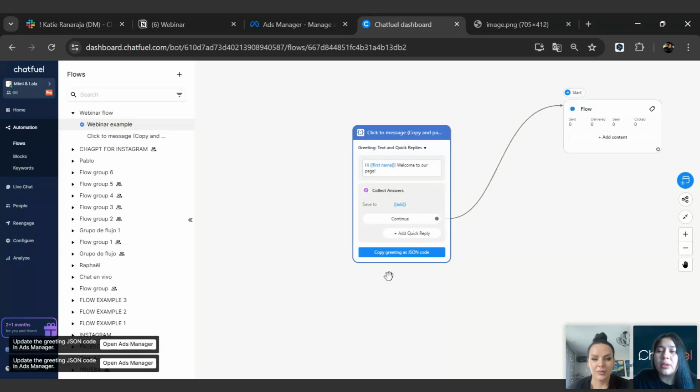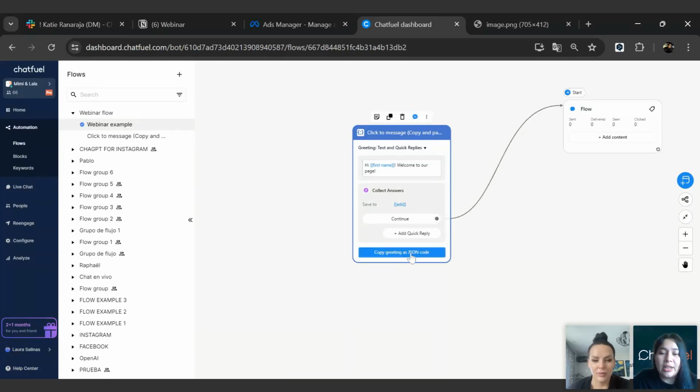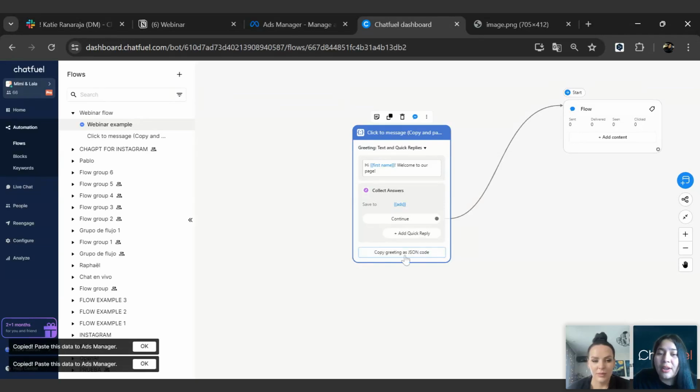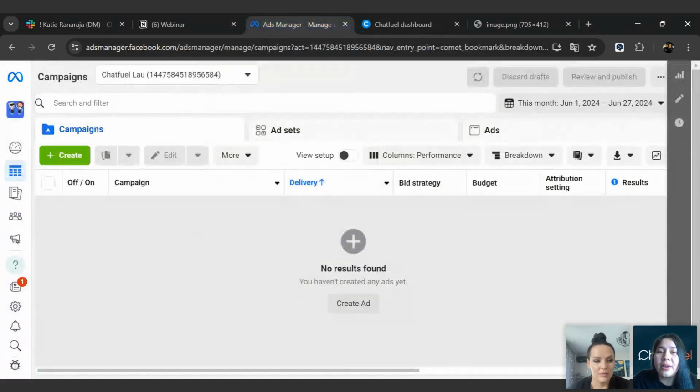If you see, now this is available. This is now a clickable option. So I'm going to copy the JSON code here. Once I copy the JSON code, I'm going to go to the ads manager in Facebook, and I'm going to